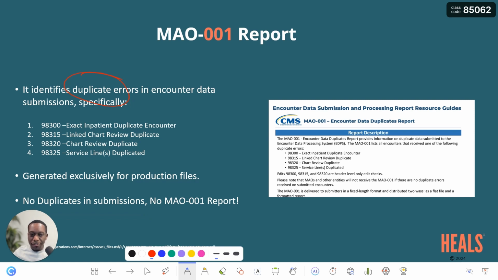There is one part of the errors that we talked about last month. Duplicate errors is one of them, and duplicate errors is a type of reject error. You will get your duplicate error code or edit code, and you will know what it pertains to. If you are new to this, you can watch last month's video, which illustrates where you can go and look into the edit, what it means, and how you can resolve these edits. There is 98300, which is exact inpatient duplicate encounter,